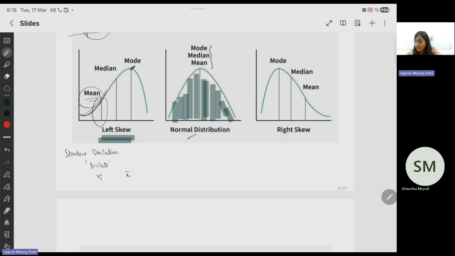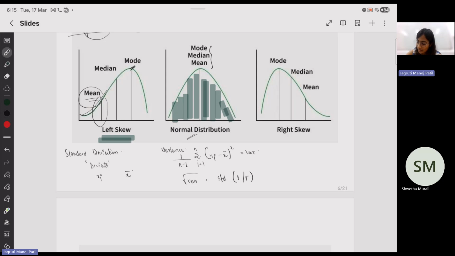Okay. So to understand standard deviation, you'll have to first know about variance. And variance is nothing but how it varies from the average number that you have. Variance is computed as 1 by n minus 1, summation i equals 1 to n: take all of your values one by one, subtract from the average and square it. So that is your variance. Now, when you take the square root of your variance, that gives you your standard deviation. It can be represented as an S or as a sigma. Both ways you can represent it. So that's all about these two.